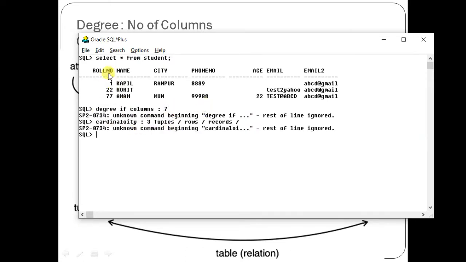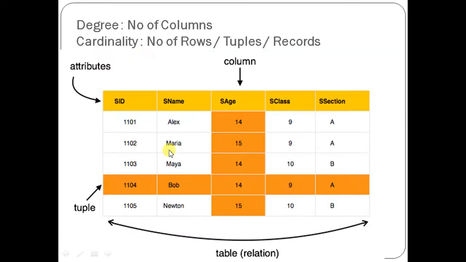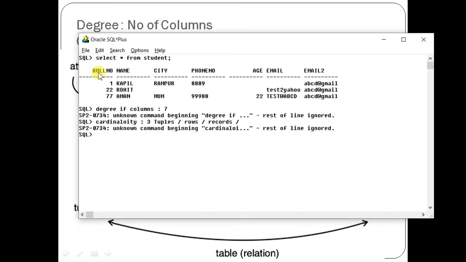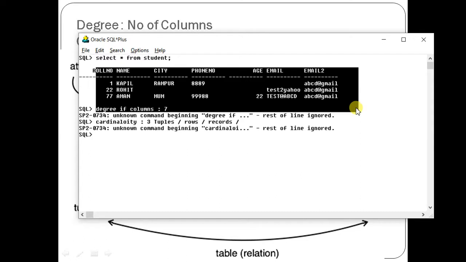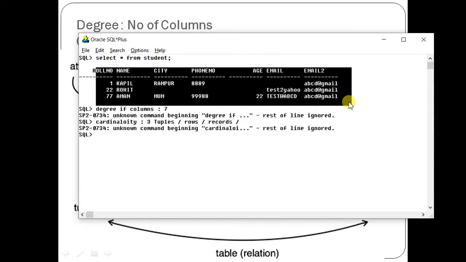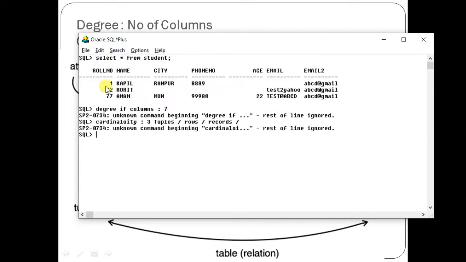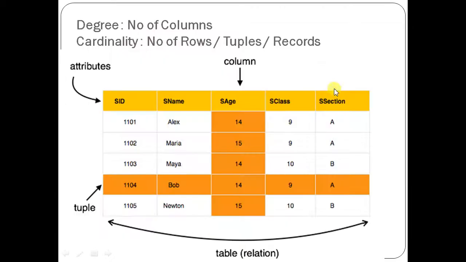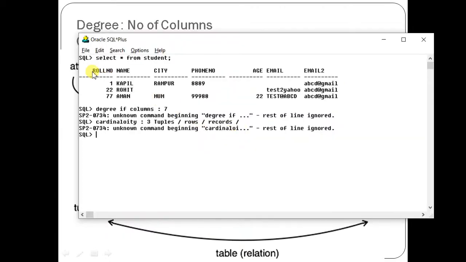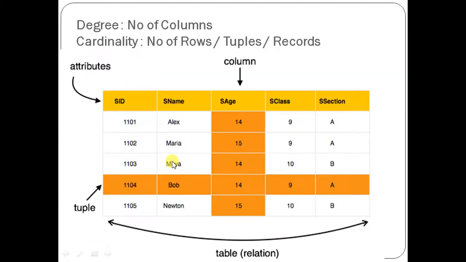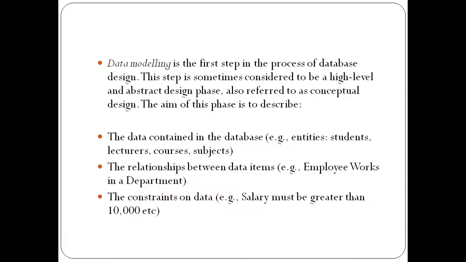Okay. So please remember degree. And this complete thing is called a relation or a table. Table is actually a practical word. Relation is a theoretical word which will come again and again in later stages. Okay. So I think you know this is primary key. What is primary key? You know what is foreign key. So all these concepts are now important. So please be aware of all of them.